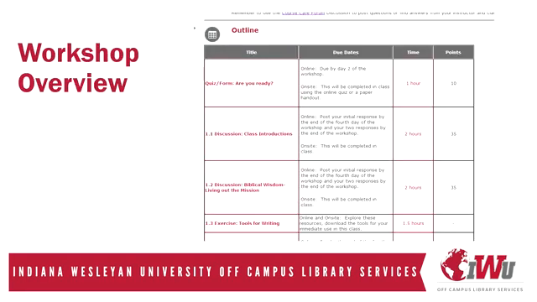The workshop overview is a good place to get a sense of your upcoming assignments. In fact, you can see your assignments for the entire course by checking the overview of each workshop. The time listed under the outline section is an estimate of the time needed to complete each assignment. It might take you more or it might take you less than what is listed, but it can help you